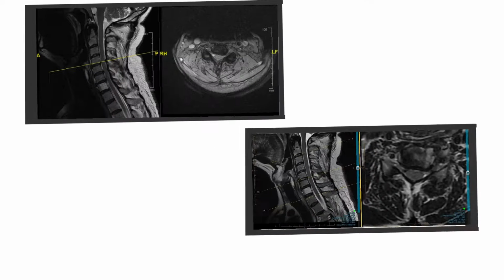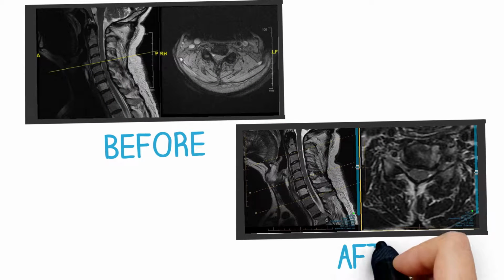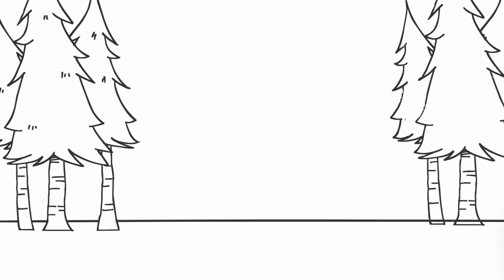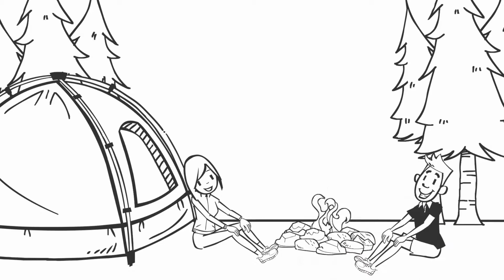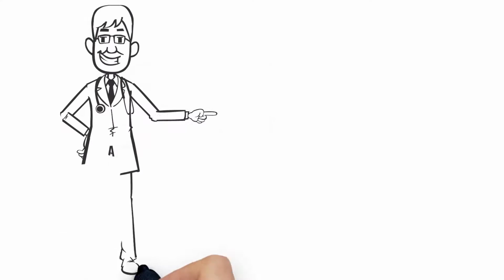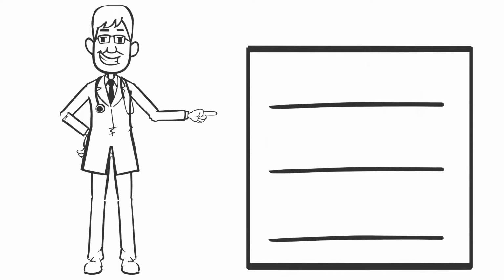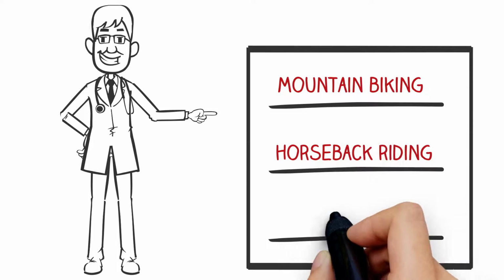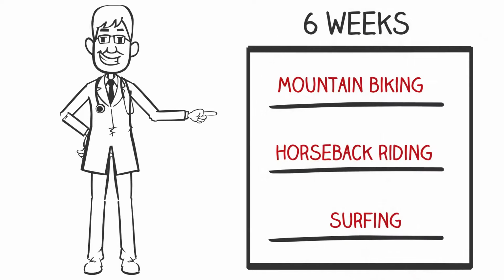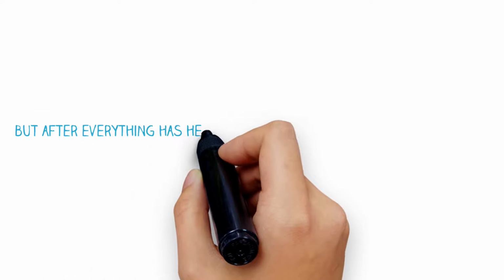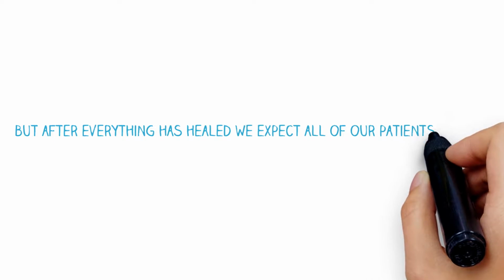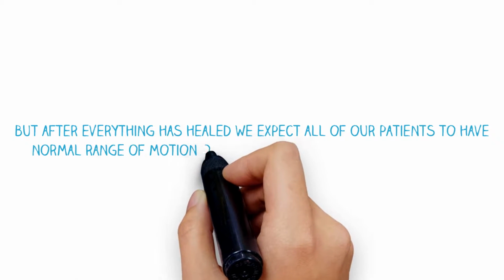Here are the before and after MRI images of the spine, demonstrating removal of the herniated disc with an increase in the size of the neuroforamen. After this procedure, the patient can return to normal activities within 2 weeks. We advise patients to avoid sports such as mountain biking, horseback riding, and surfing for 6 weeks. But after everything has healed, we expect all of our patients to have normal range of motion of the neck